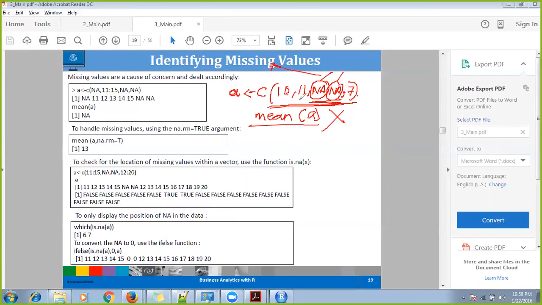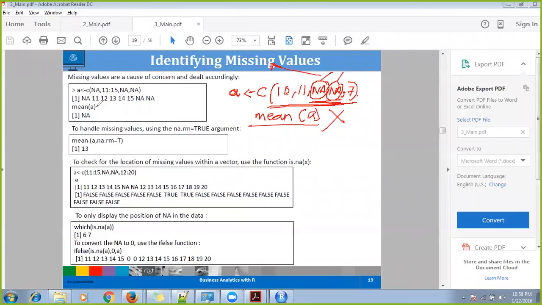If you put these 5 numbers with, let's say, 2 missing values, like NaN, not a number, in Excel and try to calculate the average, it will give you an error, right? Similarly, if you have NA, it will just not work. If you want to calculate the mean of A, it will not work.